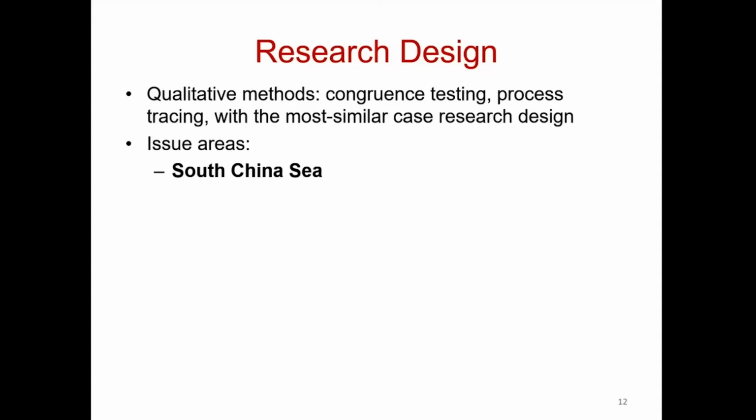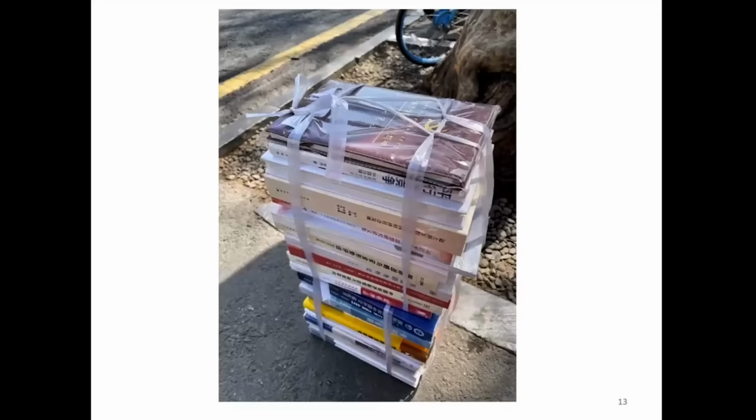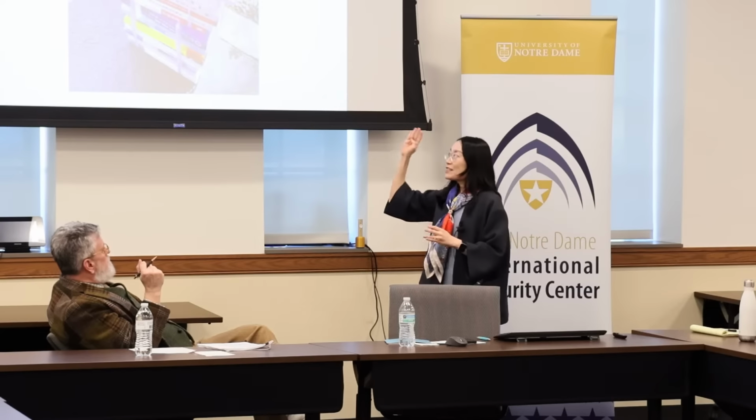Now, you might be wondering, what about some of the sources that you utilize for the book? Well, here we go. I don't know, 50 pounds of books that I hauled from China after a trip to China in spring 2023. And on top of it, if you can just wait a little bit, would be a red study notebook for the Chinese Communist Party's 20th Party Congress. And of course, I'm kidding, I didn't use any of these books for the book on coercion, but I am utilizing them for the second book on China's grand strategy.